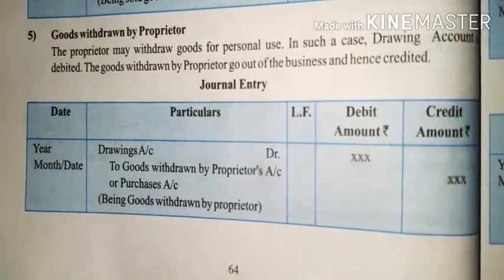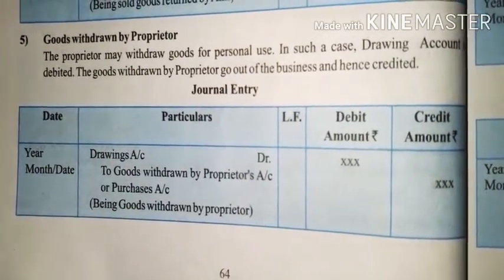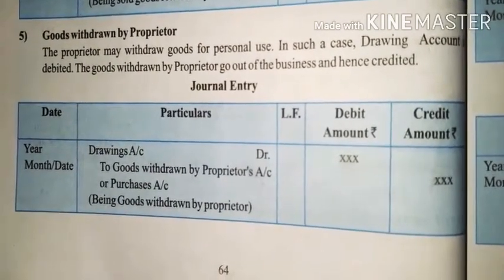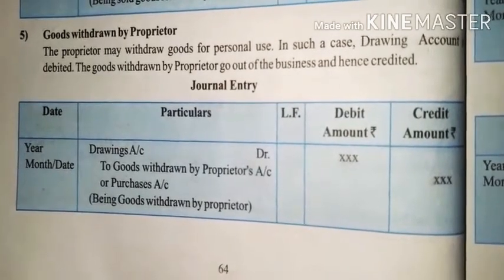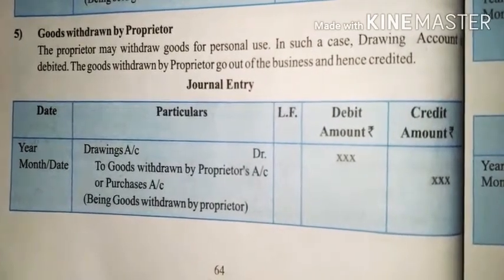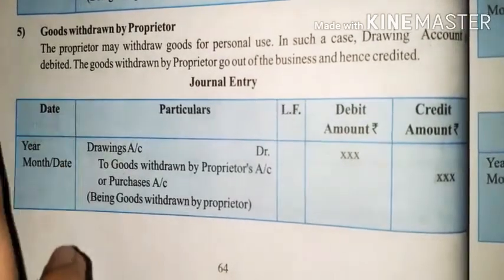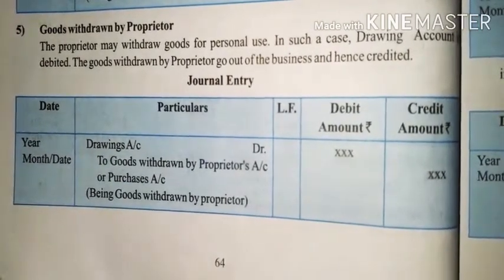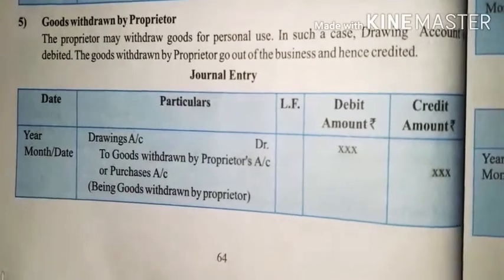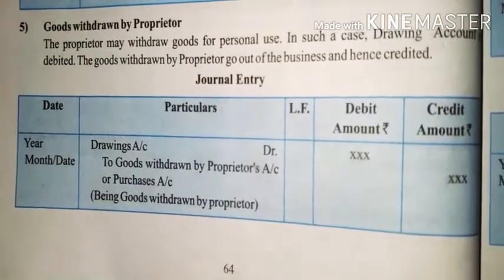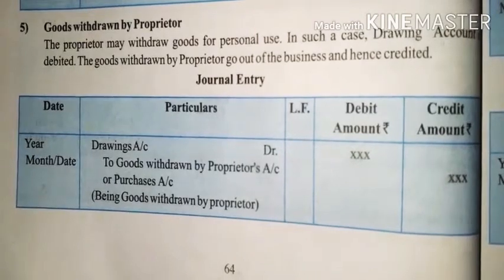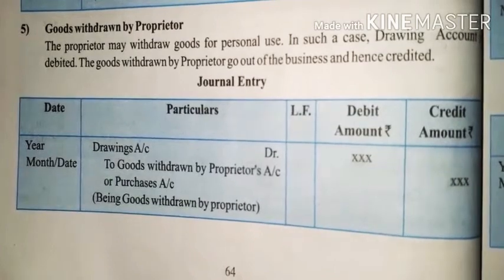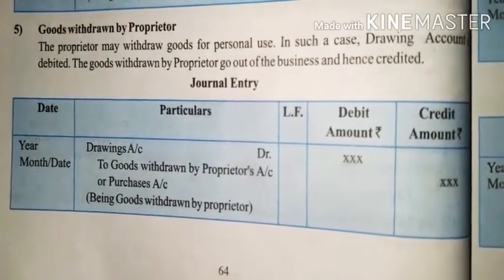Just remember, what is getting the debit effect, you have to write the amount in the debit column, and what is getting the credit effect, you have to simply write the amount in the credit column. The narration for the transaction: being goods withdrawn by proprietor. Very simple transaction and very simple narration you can give. No need to give a very long theory over here about what this transaction is. In one sentence only you have to give the description of the transaction: being goods withdrawn by proprietor. For personal use also you can mention further, but they have given it in a short form.